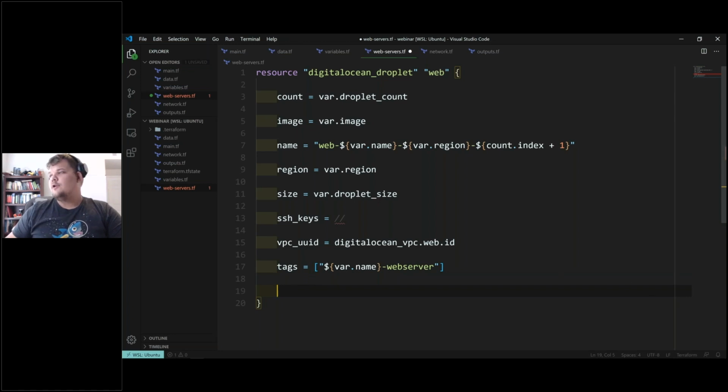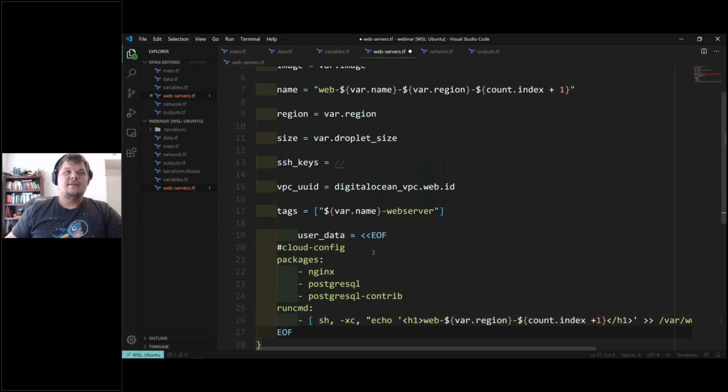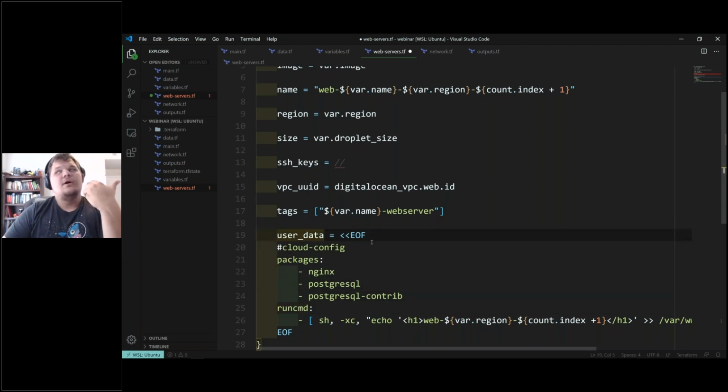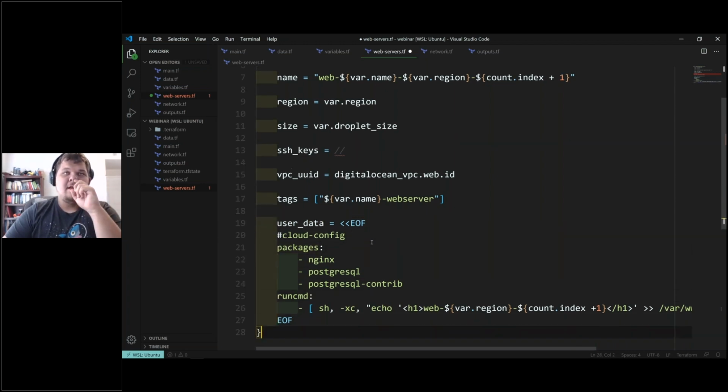And then the last thing we're going to do is I'm actually going to copy and paste this through because I hate typing this by hand. This comes directly from my thing. We're going to set up a little bit of user data, which essentially is using Cloud Init to create stuff for us. So we're going to go ahead and write a cloud config file,